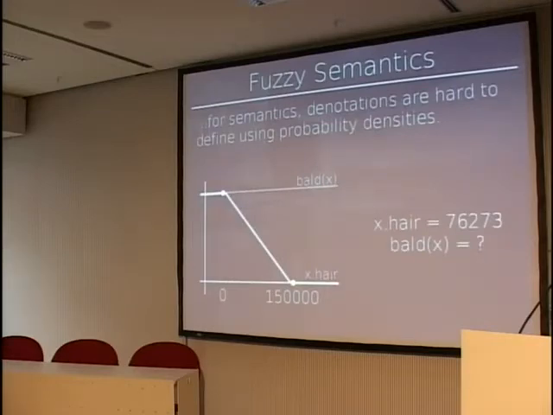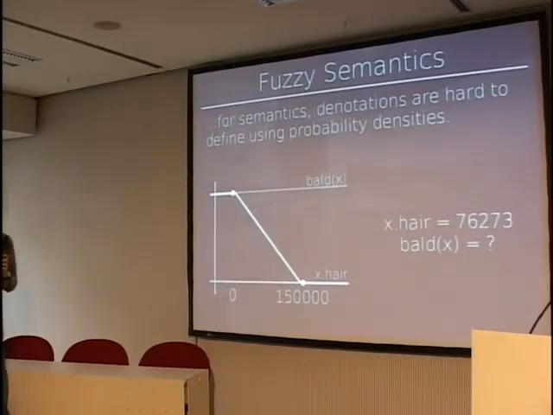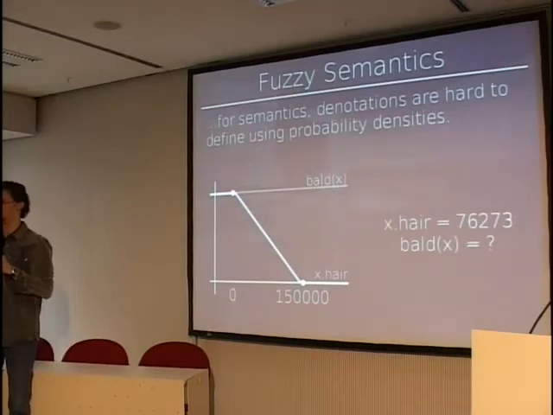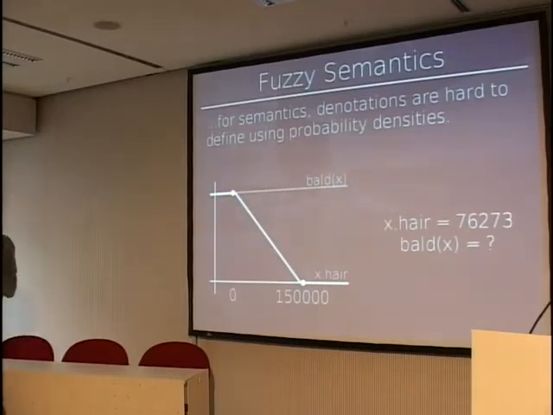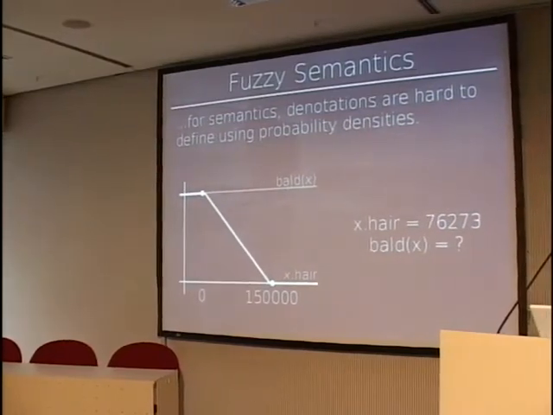What fuzzy logic is really cut out to do is doing semantics. Because in semantics, you could say that, well, this sort of seems like probability theory to me, isn't it? You have these values between 0 and 1, and you want to have a conjunction, then you multiply them and stuff like that. Isn't that probability theory? Well, actually, no, it's not. Because if you're looking at BALD, and you say that BALD of x is a probability density function, then